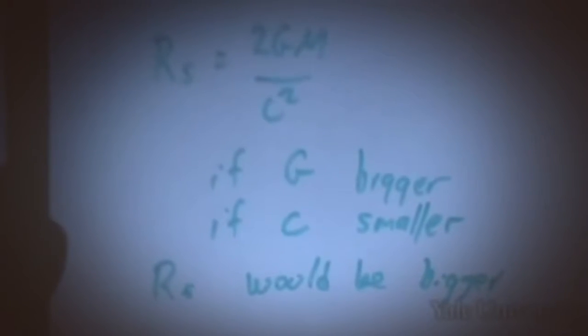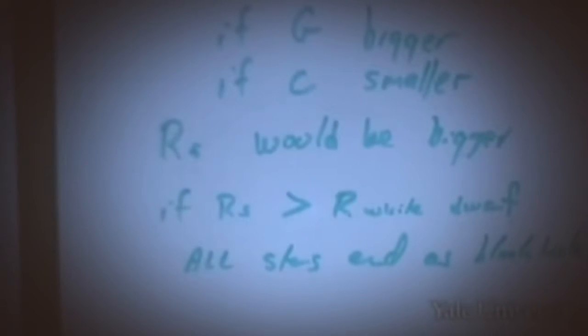So now think about what happens if the Schwarzschild radius is bigger than the radius of a white dwarf. Then you never get white dwarfs or neutron stars. All stars evolve, when they run out of nuclear fuel, straight into black holes. Then all stars end as black holes. And the consequence of that is that the carbon that is made in stars is never dispersed into the universe, and you never end up with planets,